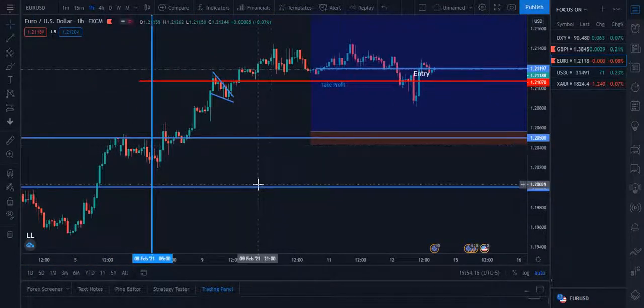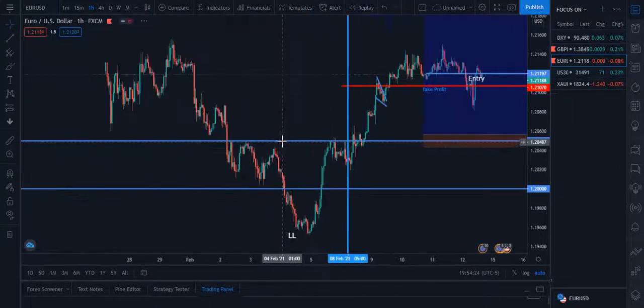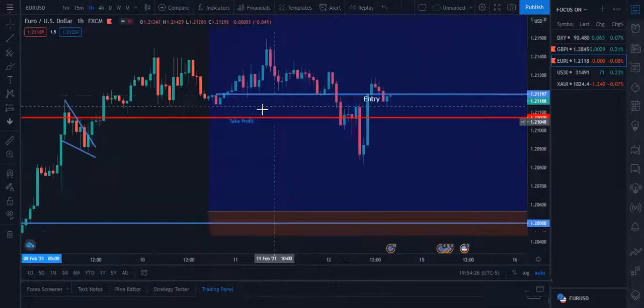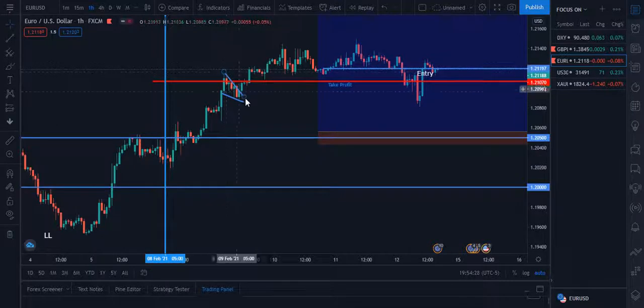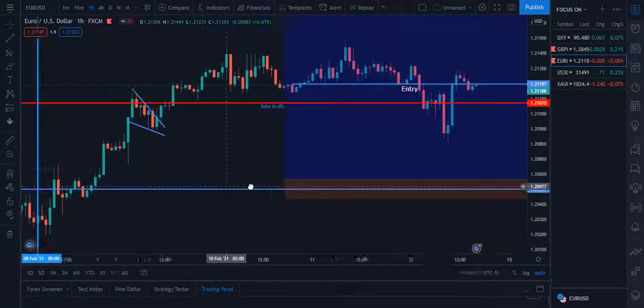I didn't have a bias honestly for it. Like I told you, my bias was what my friend told me, so I didn't write anything down. So I just bought. I started going to the upside, and I still feel like it's going to continue to the upside. Also here, I could have entered again. These are continuation patterns, man. This is a continuation pattern. If it went up, this is like a flag, then it would go down. Then you'd probably want to buy here. You could have bought here